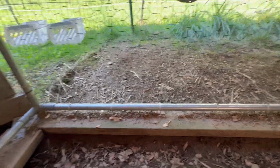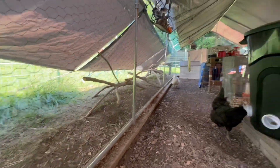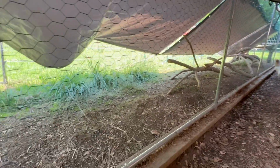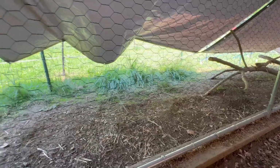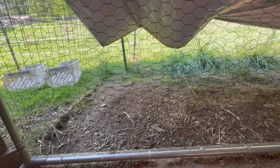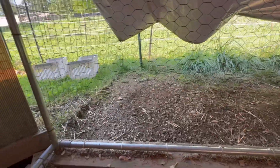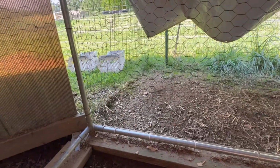So I'm gonna have to get rock and just throw it all along right there. Now on the other side of that fence, the dogs have access all the way around the coop. So foxes, coyotes, stuff like that technically can't get in here. I mean, they could, but the dogs would get a hold of them. Now raccoons, possums, same thing,